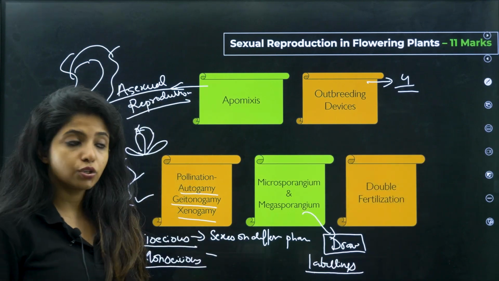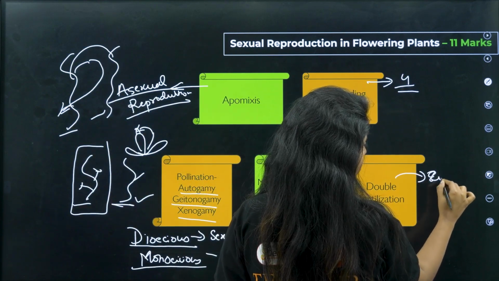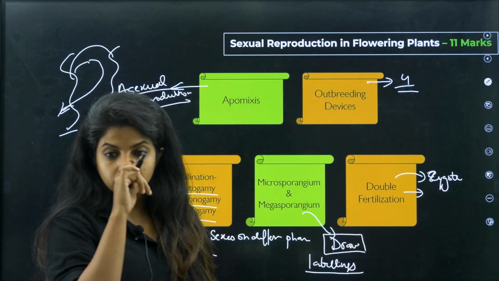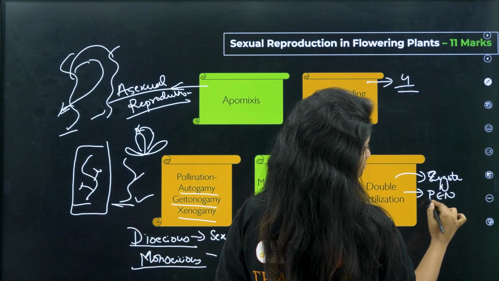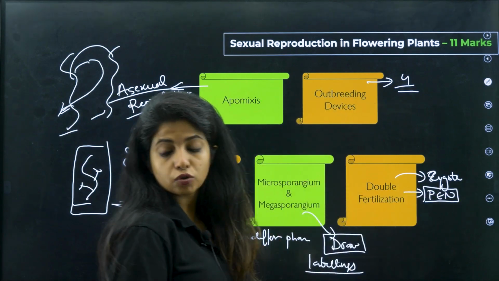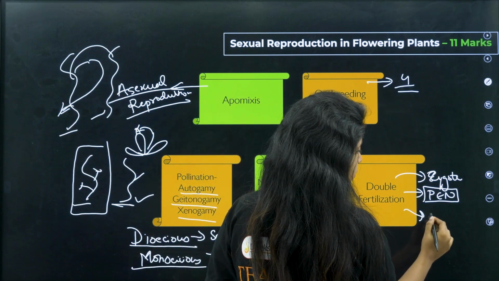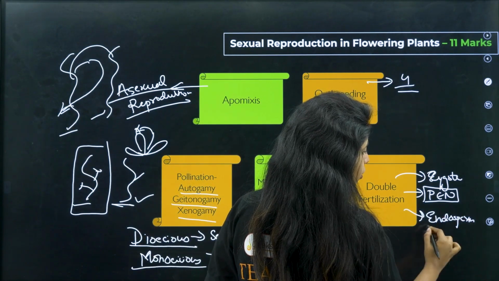Now double fertilization, they will ask you how a zygote is formed, and how the primary endosperm nucleus and everything is formed. This is known as double fusion. Why does it happen? How does it happen? Why do you think endosperm is formed before